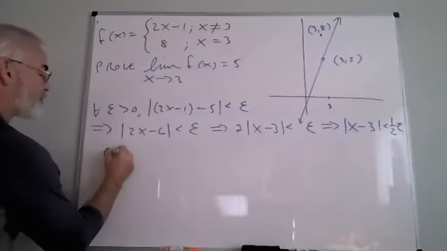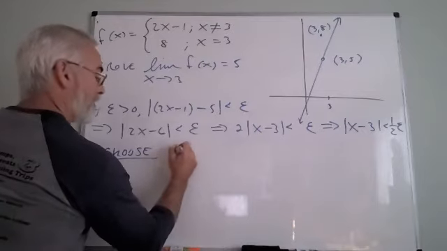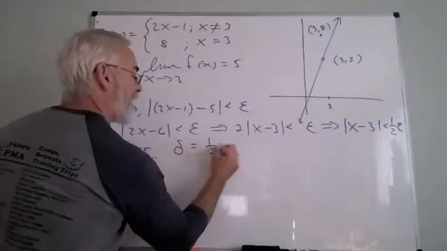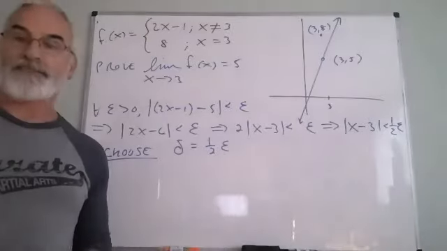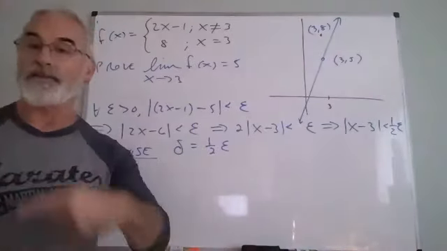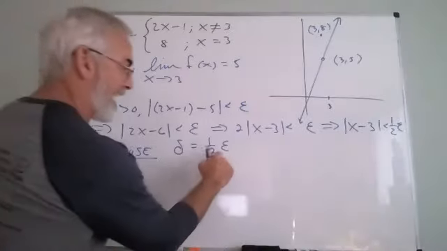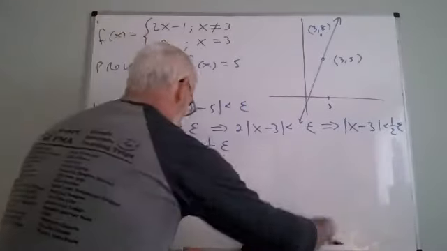So now we say choose, and that's an important term here, choose delta to equal 1/2 epsilon. Okay, that's our scratch work. That's our algebra. We haven't actually started the physical proof yet. Now we will write the proof because we know exactly what value to use for delta. So now the proof starts with the statement,